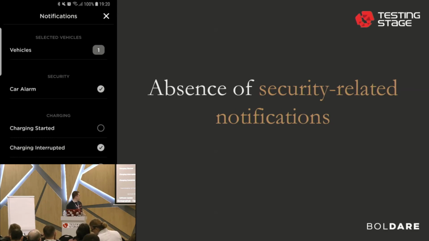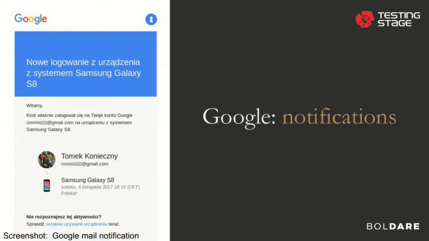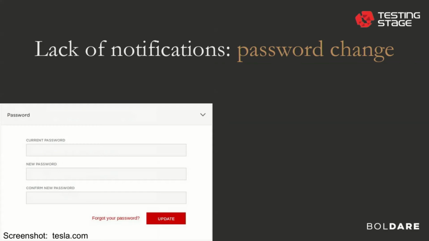And what's even more, maybe one example, when you log in to a new device on Google account, in this case, I logged in on the smartphone. I received notification to not only one mail that I used, but also to other that were connected. So it's possible to implement it in a very simple way. Logging to new devices like new smartphones isn't that frequent. It's only when we, for example, change the device. So it's definitely not a problem for users to use something like that.